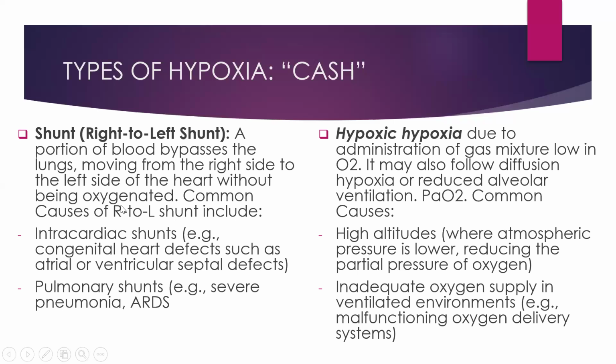Then we have the shunt. For instance, we have the intracardiac and pulmonary shunts. We know the shunt refers to that portion of blood that bypasses the lungs and goes straight into the right side of the heart without being oxygenated. So conditions like,